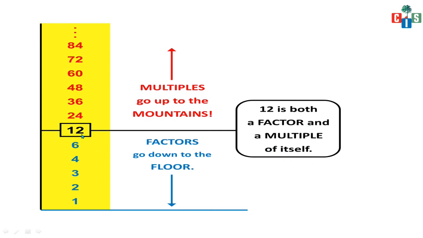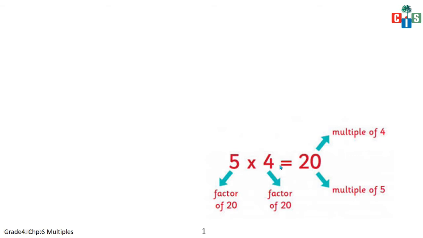Take any number, x, y, z number, suppose 45. So 45 is the factor as well as the multiple of itself. 45 is a factor and also a multiple of itself. Okay, now let's see the other example which I gave you. That is 5 multiplied by 4 is 20. Now see, what will be the factors of 20? 5 and 4. Fine, and 20 is the multiple of 4 and 20 is the multiple of 5 because 5 fours are 20 and 4 fives are 20. Yes, so this is the difference between the factors and multiples.